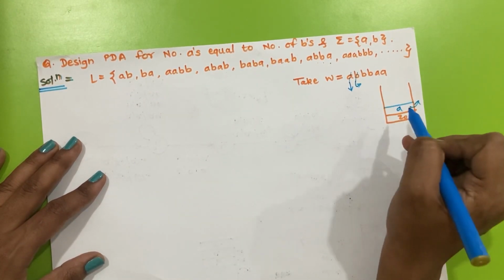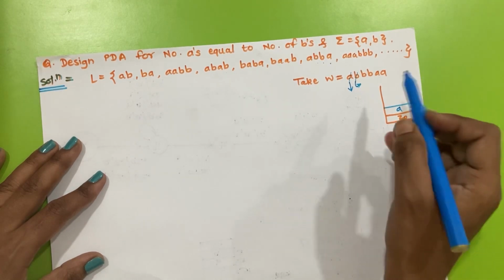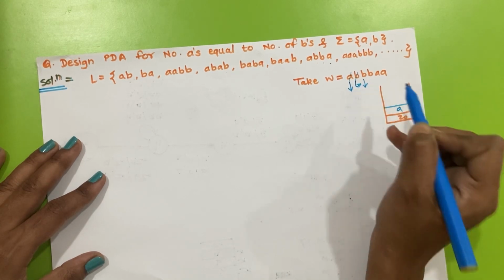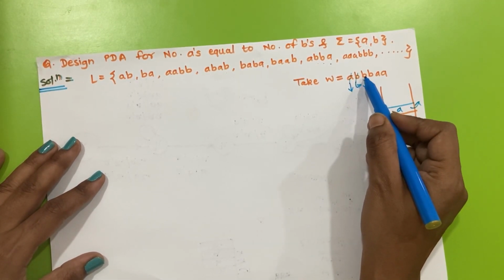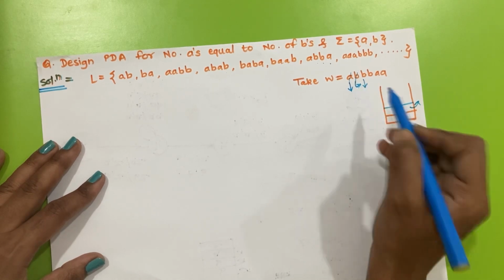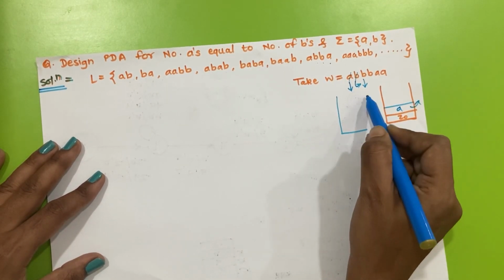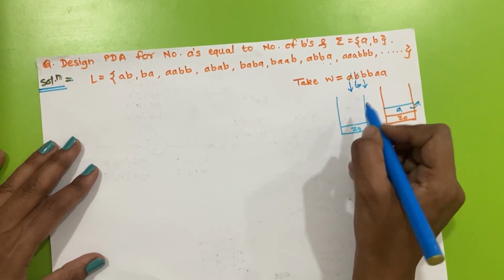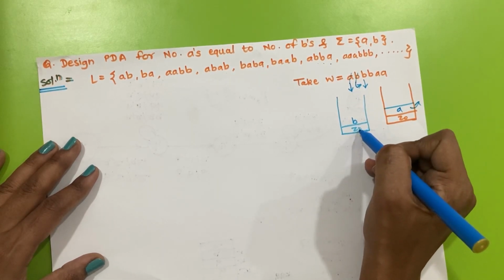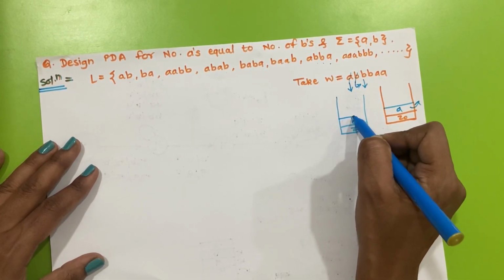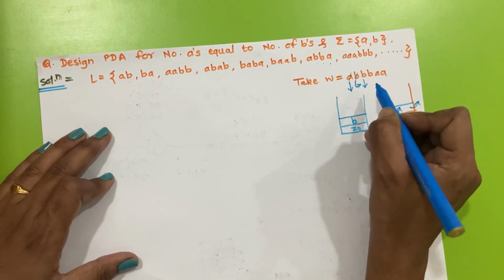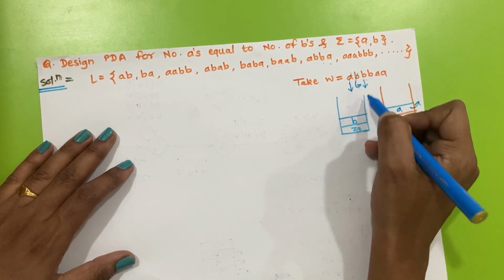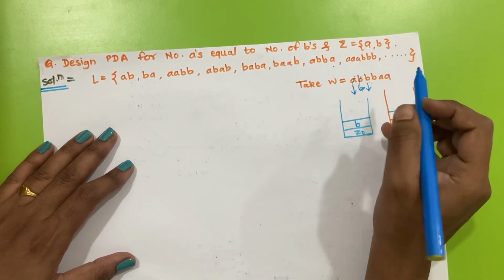Now our top of stack is Z0 and we are reading input symbol B. At this time we will push B onto the stack. So the content of the stack will be Z0 here, we are reading input symbol B and top of stack is Z0, so we will push B onto the stack now. Now we move right by one cell. Again we have the same symbol, B, and top of stack is B, so we will push onto the stack